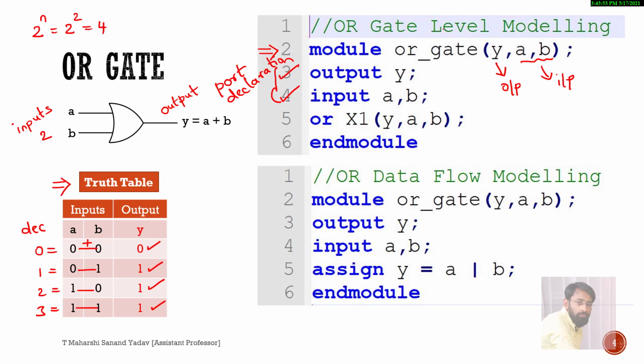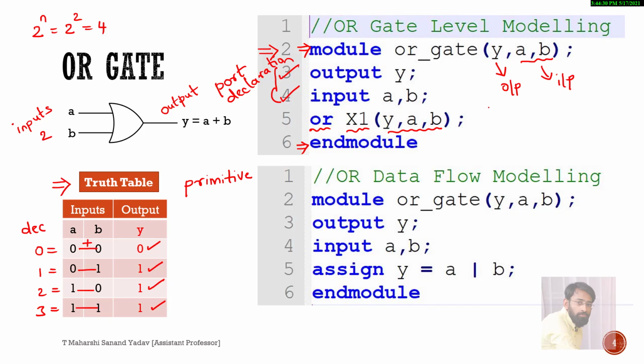Okay, as we are using gate level modeling style, so directly I am using primitive gates. Primitive gates are nothing but all these basic gates, universal gates and exclusive gates. So in Verilog library they will be present by default. So that's why simply I am making use of them. So or, some random name. Here x1 is called as instance name, followed by output and input, which is Y, A, B. Next, for every module there should be an end module. So this is a simple code of an OR gate using gate level modeling.